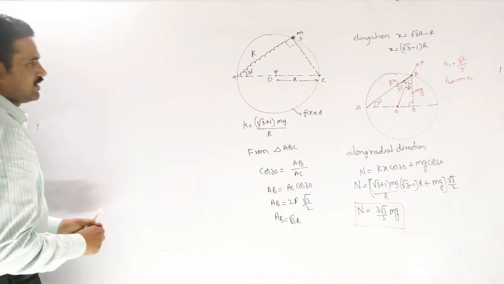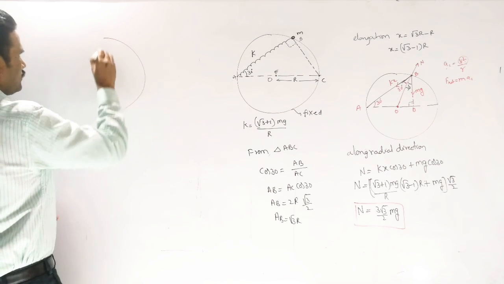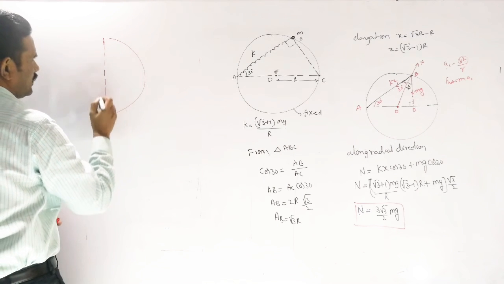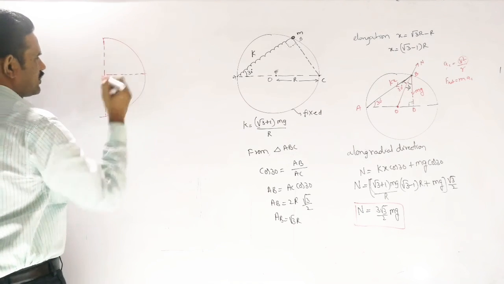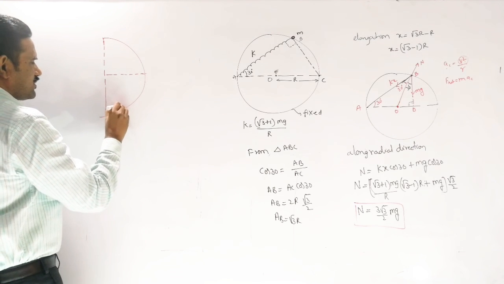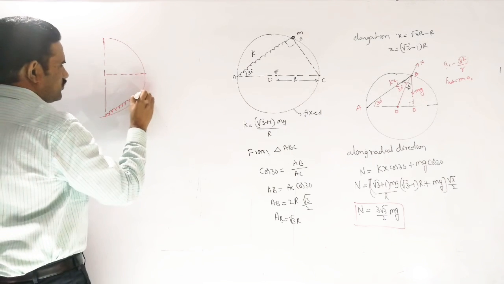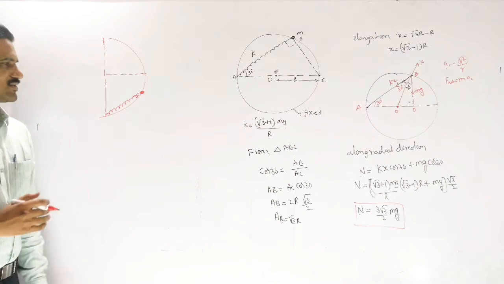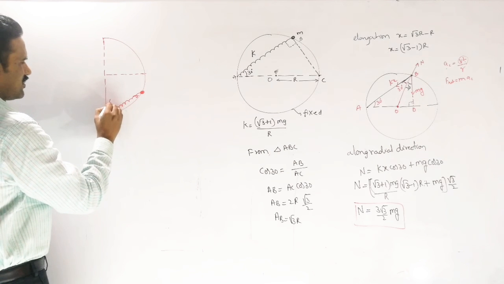So this is a vertical ring. Say a vertical ring of radius r is fixed in this vertical plane like this. And here a small bead is connected to a spring, which can slide along this ring, similar to that problem. Again, I am just taking this half, and the arrangement is like this, and this angle is say 60 degrees.